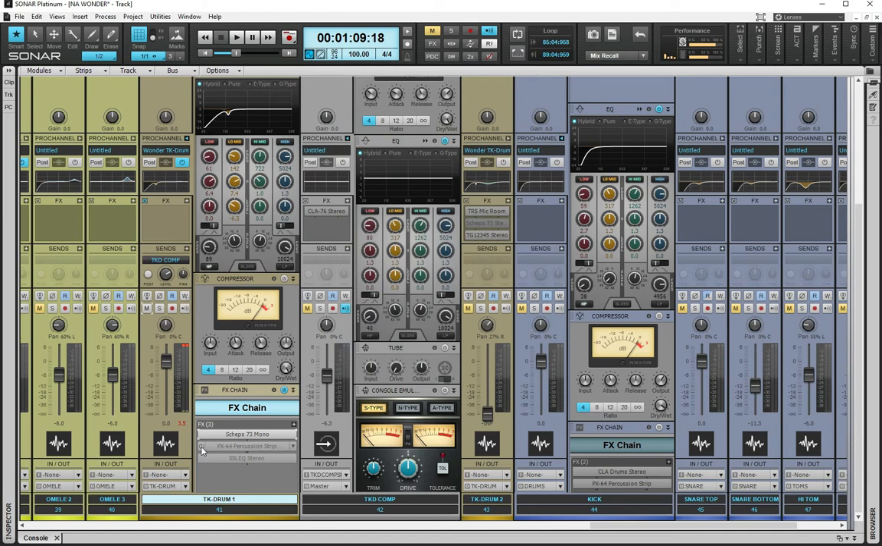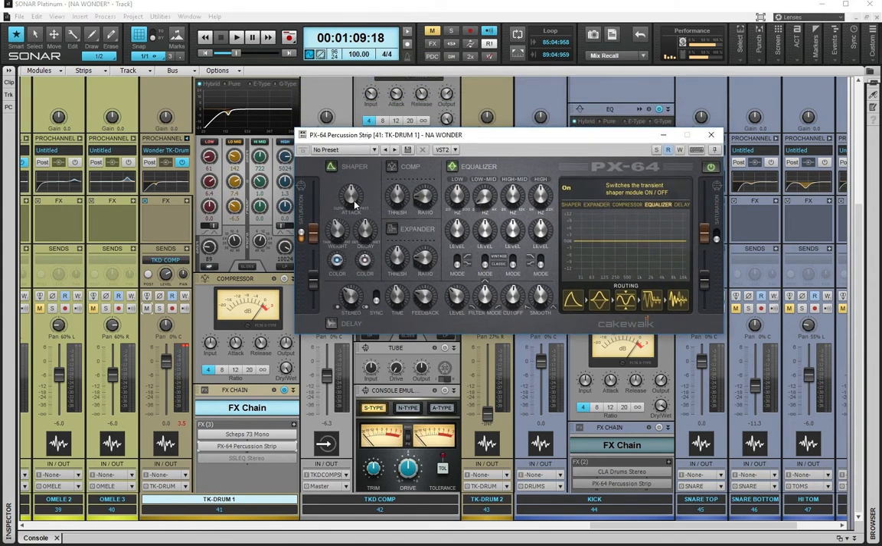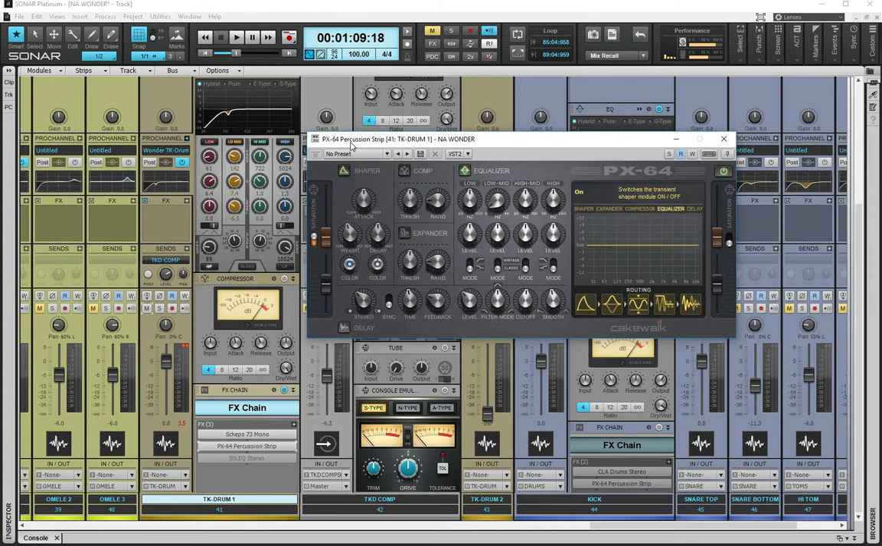Now, the next plugin I'm going to put on is the PX64 Percussion Strip by Cakewalk Sonar Platinum. I also love this plugin. I'll go straight into details, what I'm doing on the talking drum, on this plugin for this talking drum channel strip. Once again, let me please